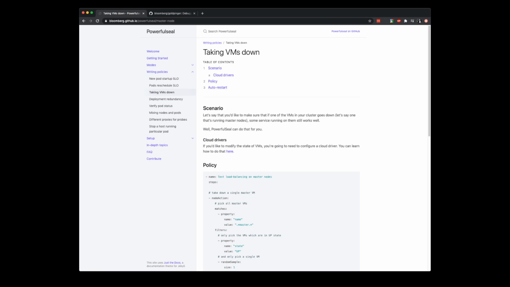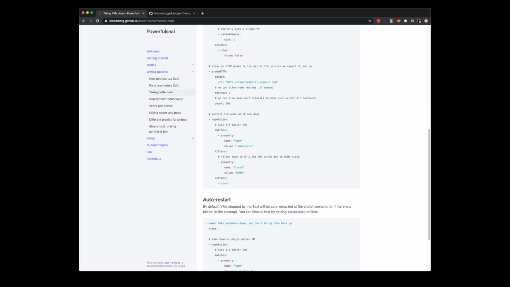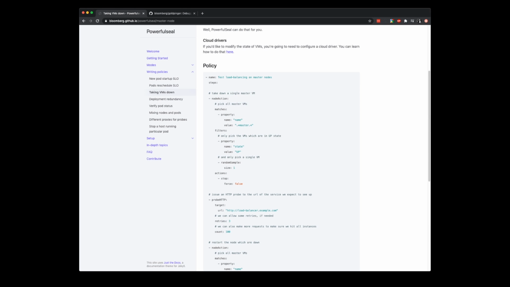Powerful seal can also integrate with cloud providers, so things like AWS, Azure, OpenStack, Google Cloud. There are drivers for that, so you can say things like node action, like this.